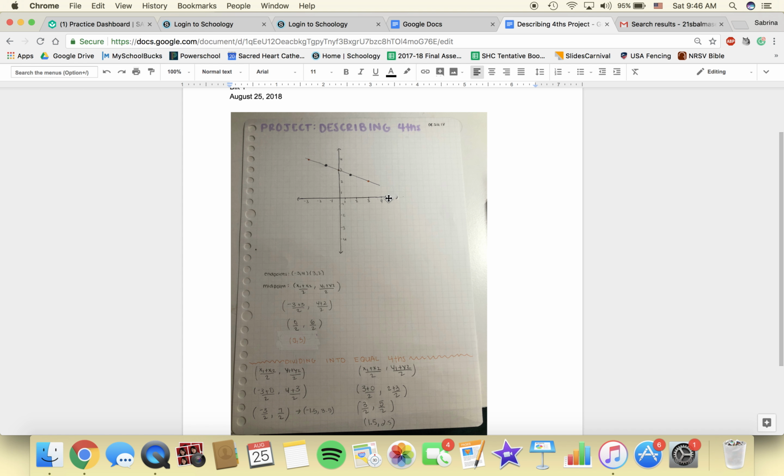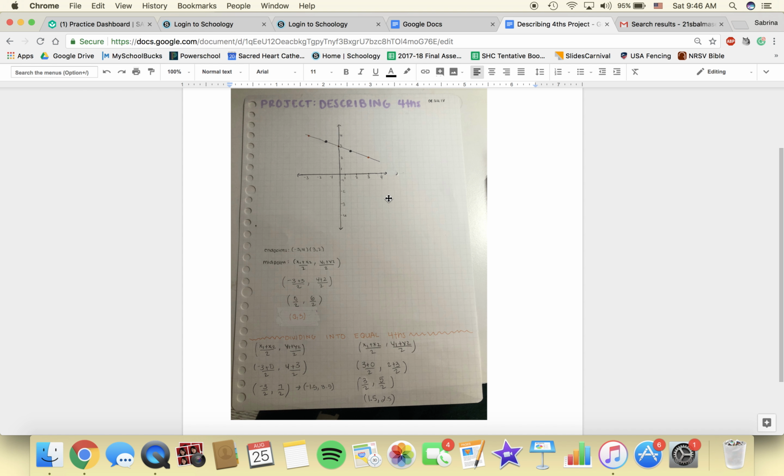This is my project describing fourths. In order to equally divide my line segment into 4 equal parts, I need to first use my endpoints to